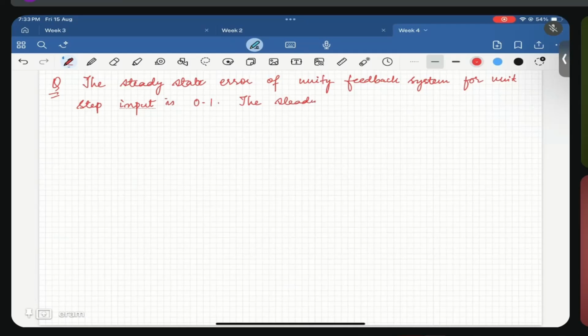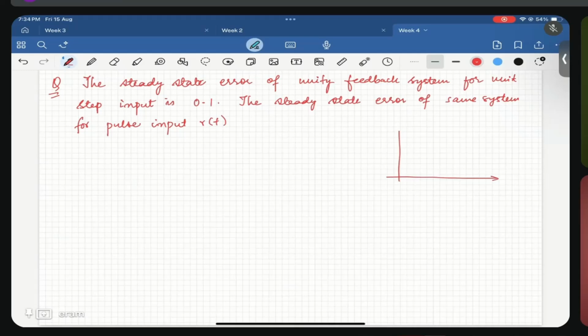The steady state error of the same system for pulse input r(t), where r(t) is given as this function. Okay,